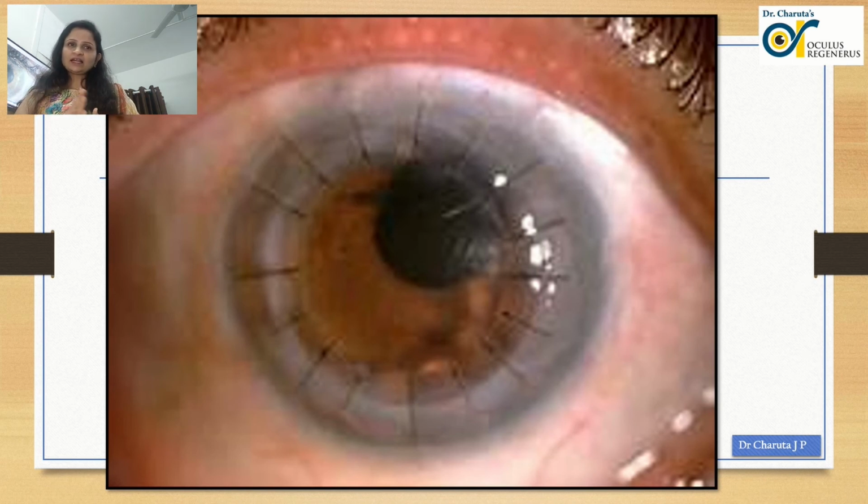Now, the second thing that can happen is that the new corneal tissue is actually a foreign tissue, and that can be recognized by the immune system of our body, and that can get rejected. That is called a graft rejection. So these are the two occurrences because of which we need to use medicines for a long time, take care of the graft, and go for your usual follow-ups.